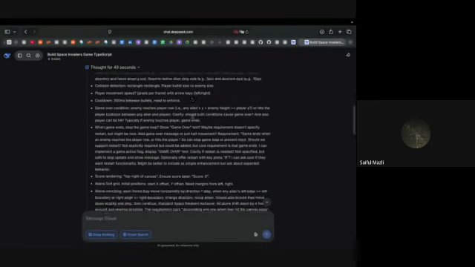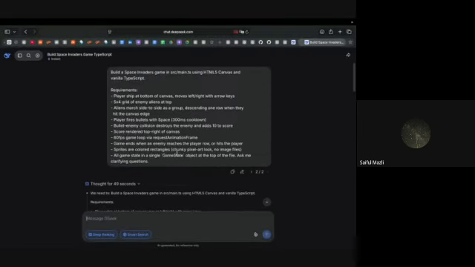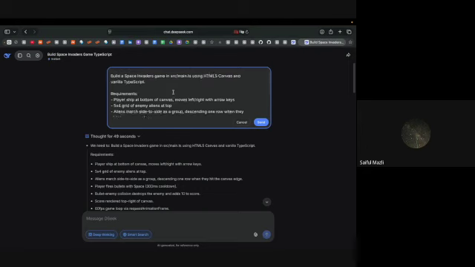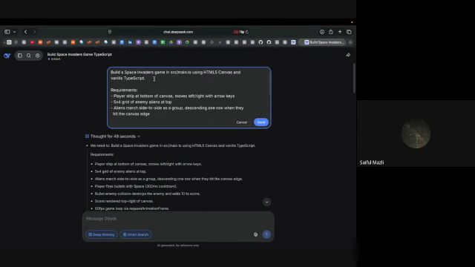Let's change that. You can actually say, change this. And it says, ask me clarifying questions, one at a time. And we should say, it should be saved as an HTML file.